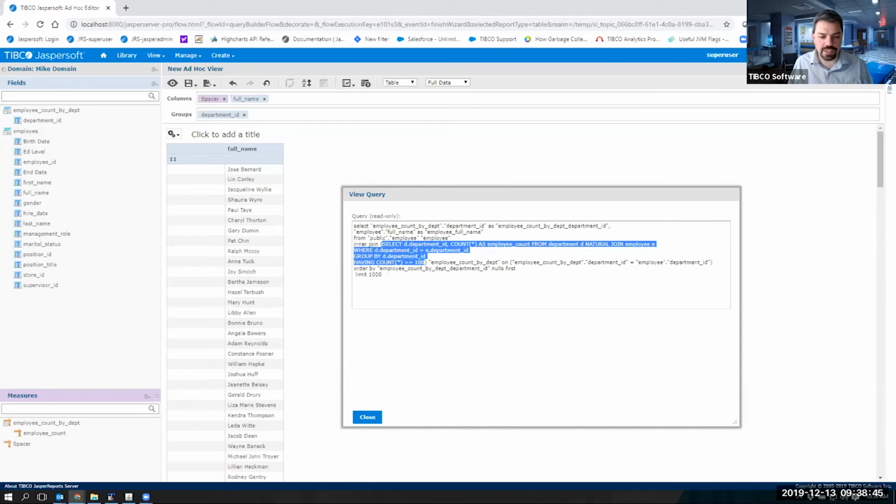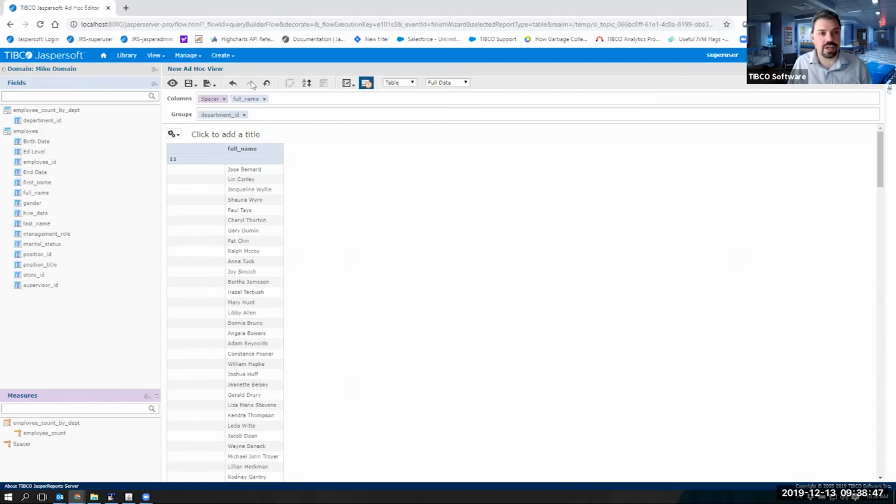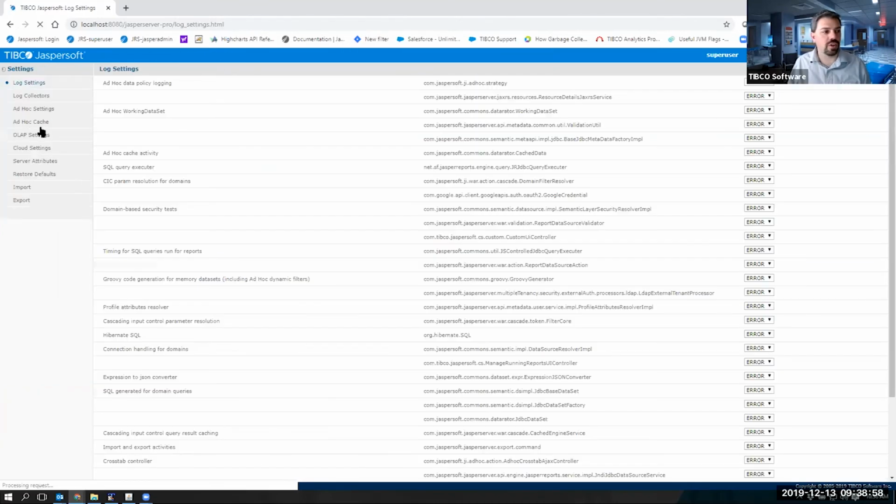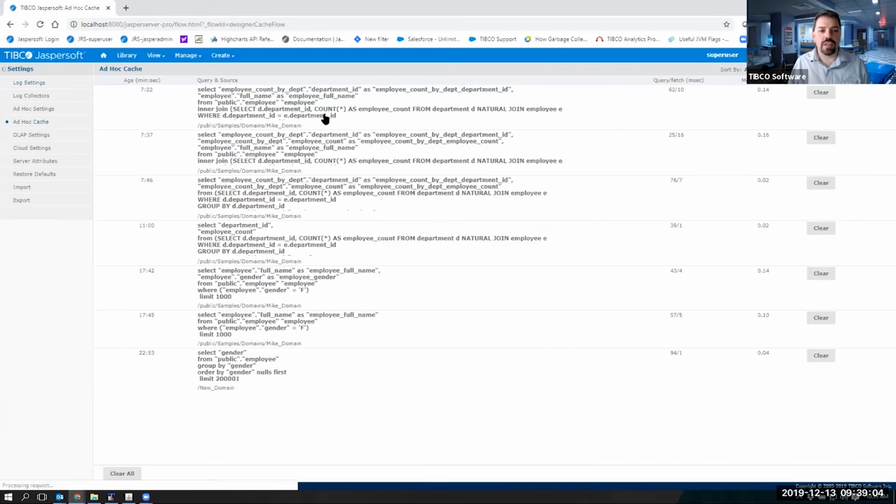What you can see is if you have the caching set on. So I just ran this ad hoc report based on my domain. Because I'm super user, I can go to manage server settings and I can look at the ad hoc cache and I will see, once it pulls up, these are the statements that have been cached, and all of these are today from me running those ad hoc views against the domain I just created.